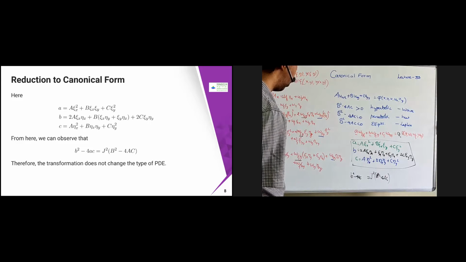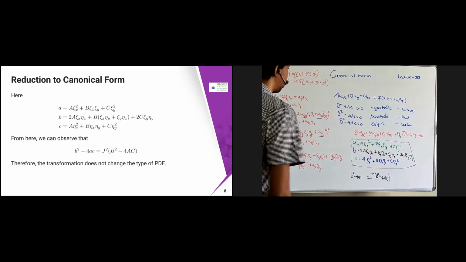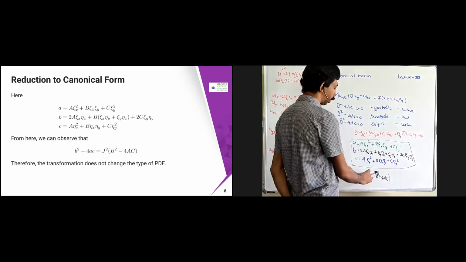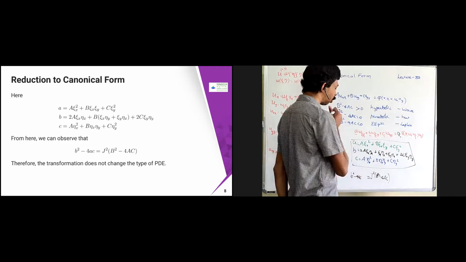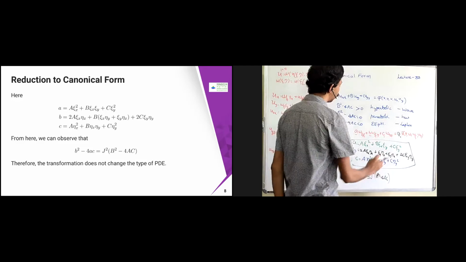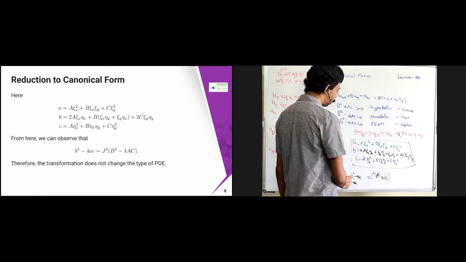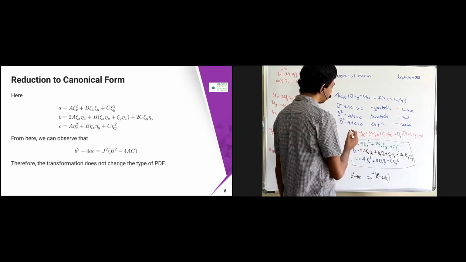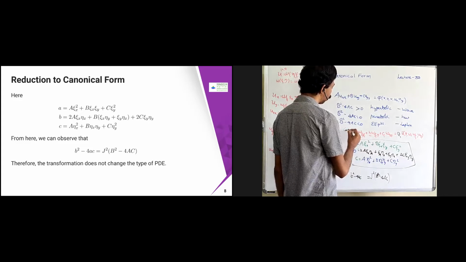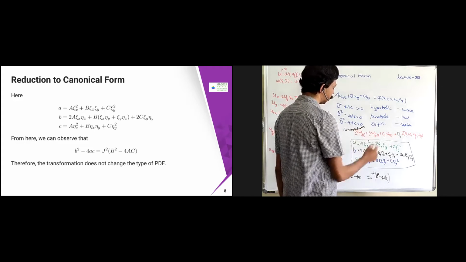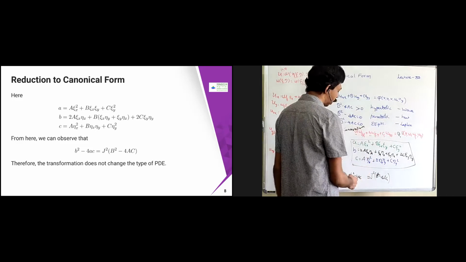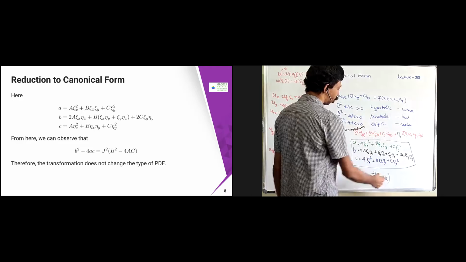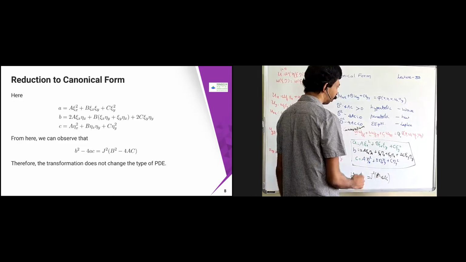In this case, j square is always positive, it is a square term, so it is always a positive term. So if b square minus 4ac is greater than 0, then automatically capital B square minus 4AC is greater than 0. This is nothing but your canonical form, or standard form, we say. So if b square minus 4ac is greater than 0, hyperbolic, then this is also going to be greater than 0 because this is the relation between them.